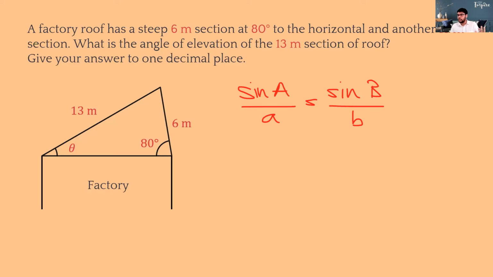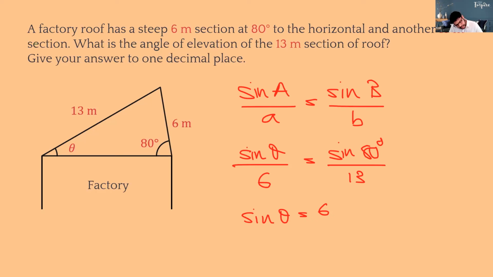So if you already did the other way, that's okay, right? I just want to show you that this can be done this way as well. So sine A, I'll take it as sine theta over the opposite side is 6. Sine B is sine 80, the opposite side is 13. So once I multiply by 6 to make sine theta the subject, I get 6 sine 80 degrees divided by 13. Okay, children. Yes, so now I got another correct answer, but Onalidu, just check your rounding.